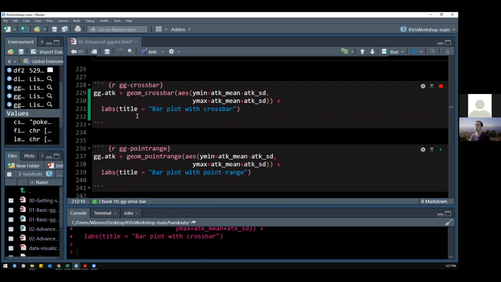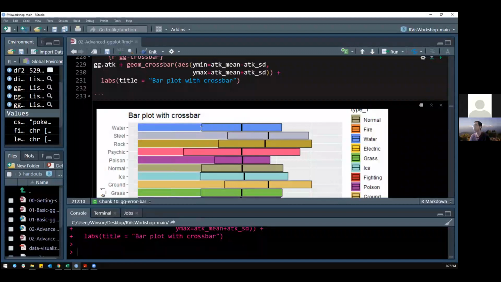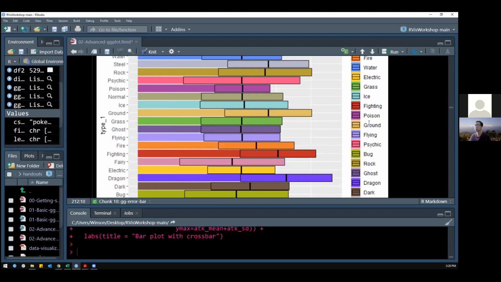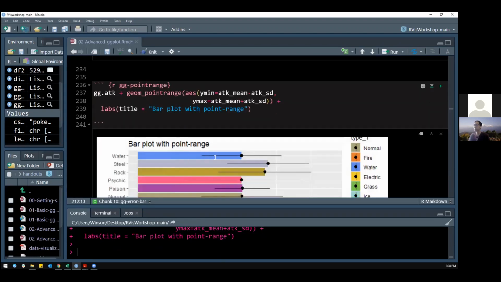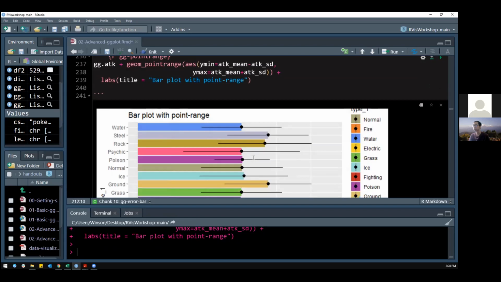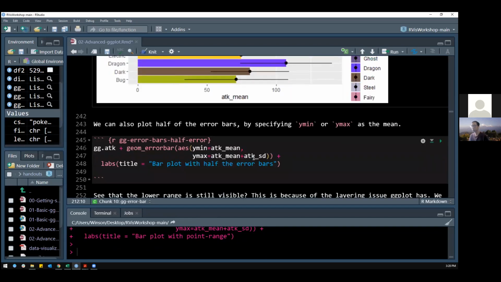it's not my favorite. It's not my favorite because the colors are very similar and you can't really tell where the error bars are or the mean, even though you can see it's a darker line, but it's still not very pleasant looking. There's also point range, which has a dot or point on the mean and then the lines. So we can also plot half of the error bars by specifying mean or the max or the minimum as the mean. So we just remove the top or the bottom, the lower or the upper